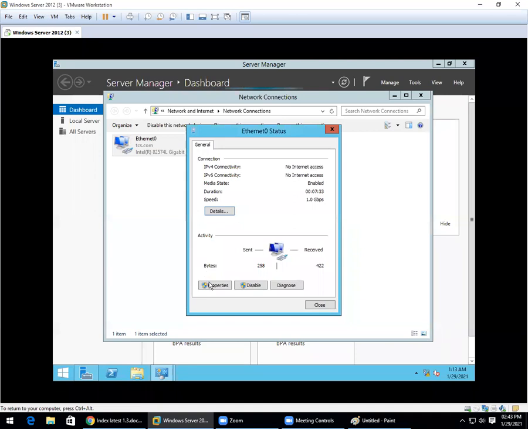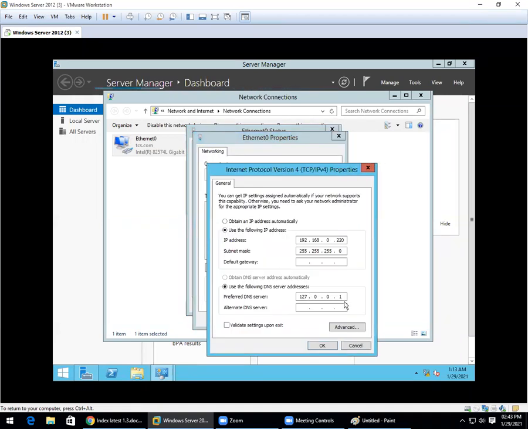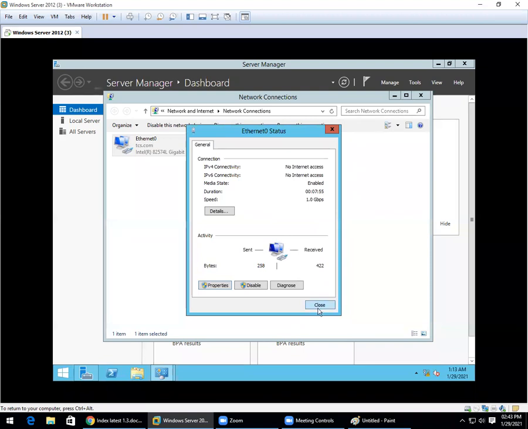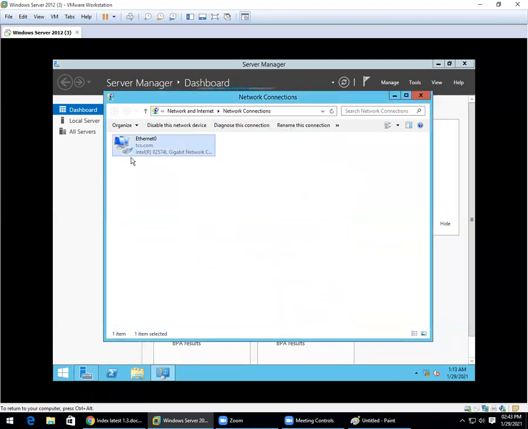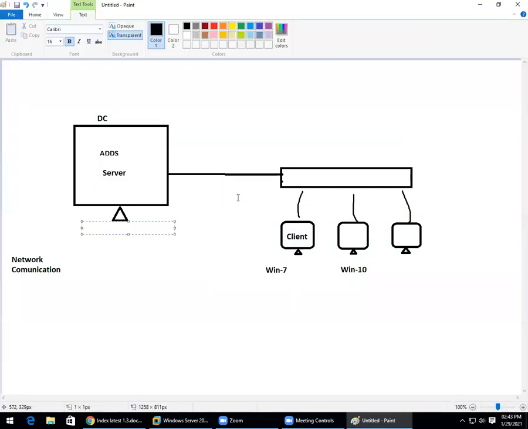The IP is 192.168.0.220. Before you check it, yesterday we had given a DNS IP. Once ADDS is installed and restarted, this IP gets changed. Try to change the IP again to the same as the previous one. Don't change the IP address. Use what you took yesterday, the same thing as in the previous video. After creating ADDS, you don't change the IP address. Now this IP is 220.